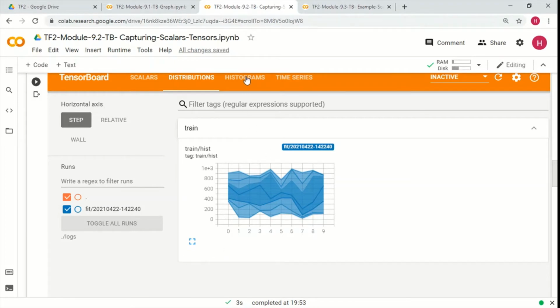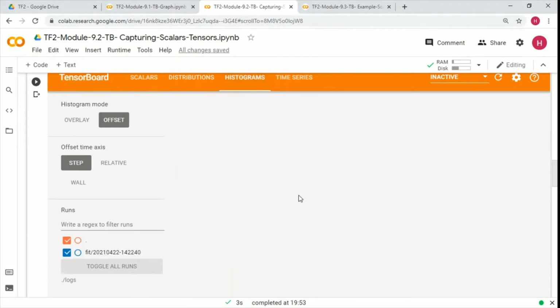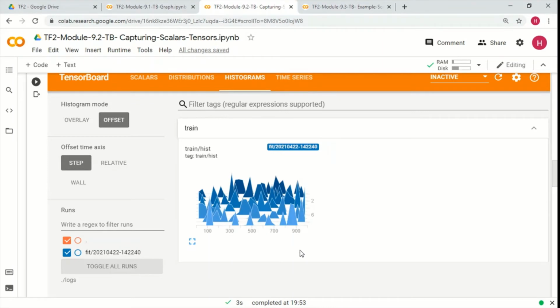And let's go to the histogram view also. How does it show? In the histogram, you can see these are the values, 0 to 1000. It goes slightly ahead, but we said up to 1000, and it went only up to 981, and these are the epochs actually. So this one slice is one epoch, right?